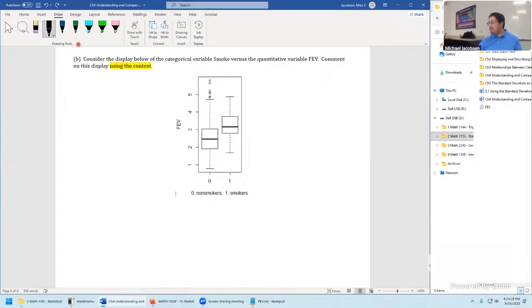Another way you can say this is we look at from here to here, that's 50% of all observations, because that's from the median line, the 50th percentile, to the top. So more than 50% of all observations have a higher lung strength than in this group.